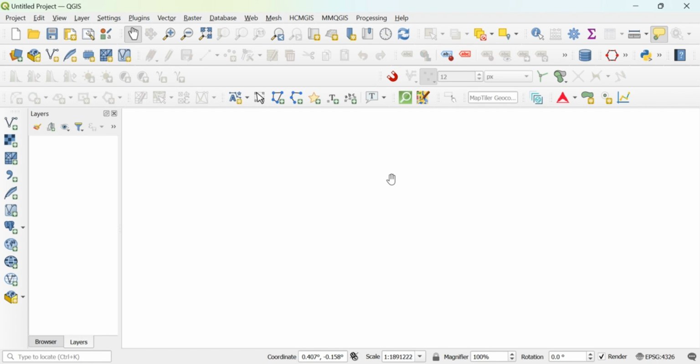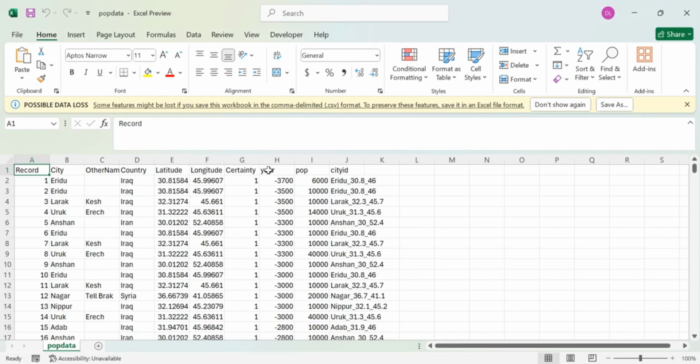The hexagons are always good for you to just know how many clusters of a certain occurrence or events do happen in that specific hexagon dimension. So that is what we are going to do, and I have this data set. I'll put the source in the description. This is just a point data.